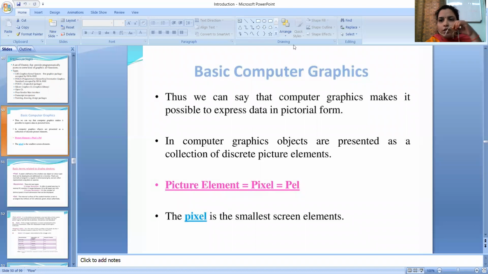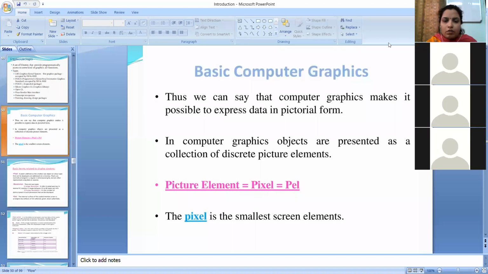Okay. So let us start. In the previous lecture, we started with chapter number 1. In that, we studied what computer graphics is. With computer graphics as an application, we can draw pictures, store them, and modify the pictures and images. It is the representation of data in picture form. So these things we have studied.